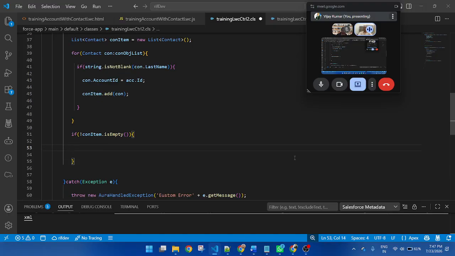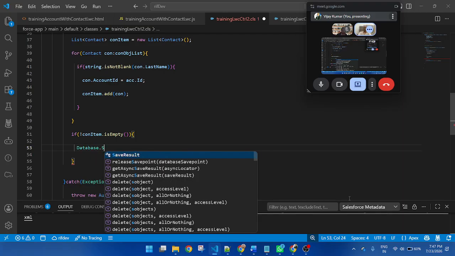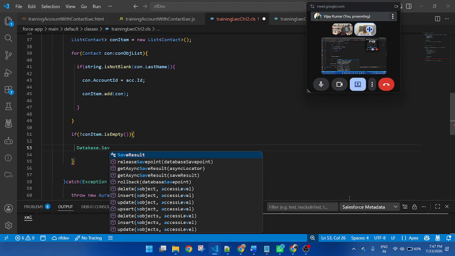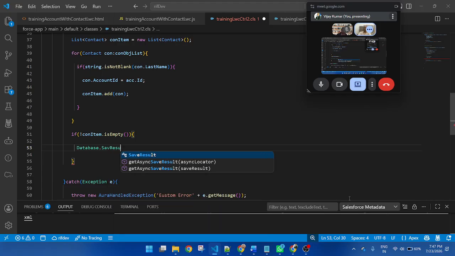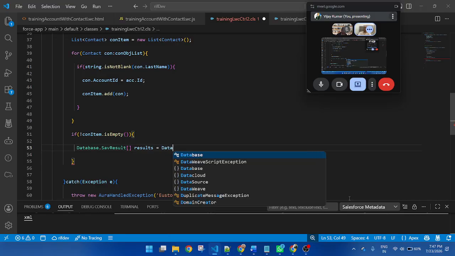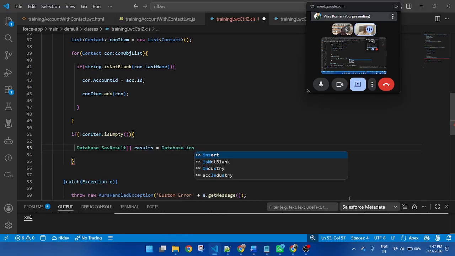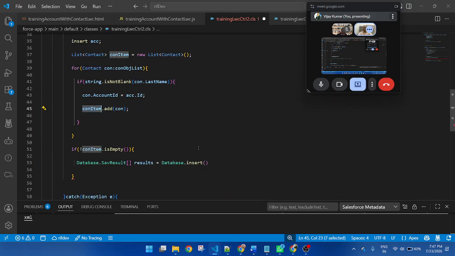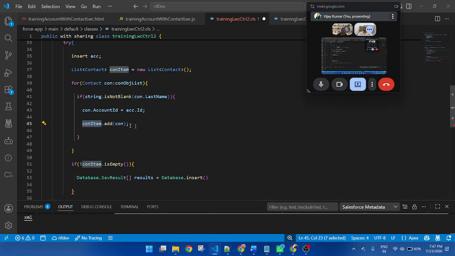So here I will apply this one: Database.SaveResult equal to Database.insert, and here I will insert this one because here I'm adding the value.